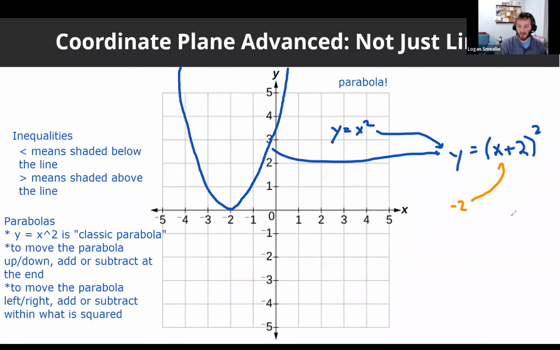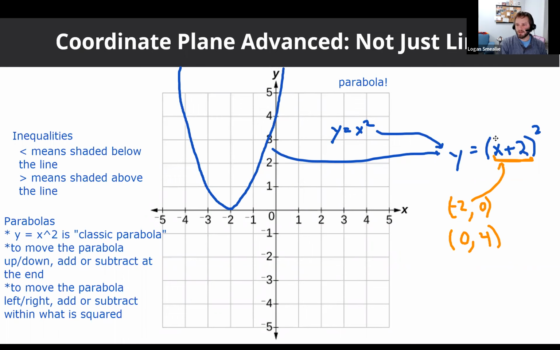If I plug in -2 for x, well, suddenly this is going to act like 0, and I'm going to get 0 for y. If I plug in 0 for x, then suddenly this is going to act like 2, and I'm going to get 4 for y. And you can see that's pretty much what I'm getting over here. My -2 point is at 0, and again, my drawing's not perfect, but my 0 point is at around 4. You know what, let's cheat. Let's make it look like I'm amazing. Yeah, there we go. It's at exactly 4.